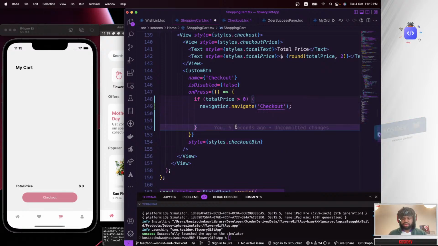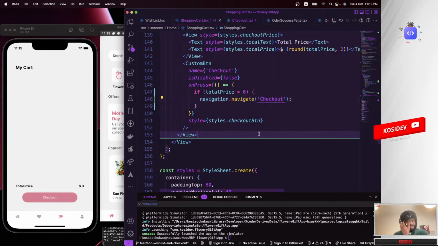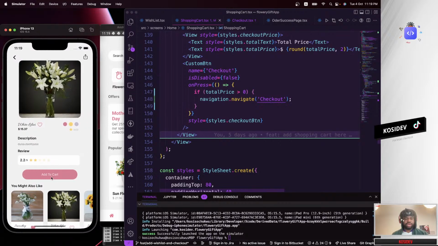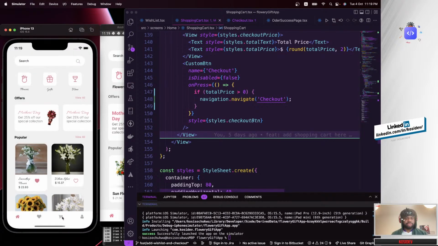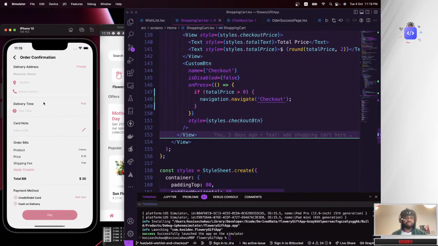And that will be, say, if total price is greater than 0, navigate to this order confirmation screen. So let's try that out. If you head over here and try tapping on this again, you see nothing happens. Go back, come back again, tap on this, nothing happens. If you go back and add something to your cart, tap add to cart, and that's added to the cart. Come back, head over here, you can actually see 15.37. Then if you tap on this, you are taken to the